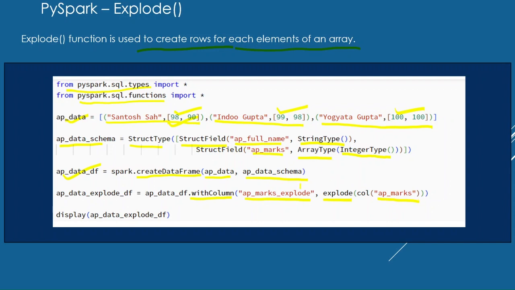So the data frame which gets created will have more rows, created based on the elements present in the AP marks column. And with the help of the display function, we are displaying the content of this data frame. So let's see how it works in